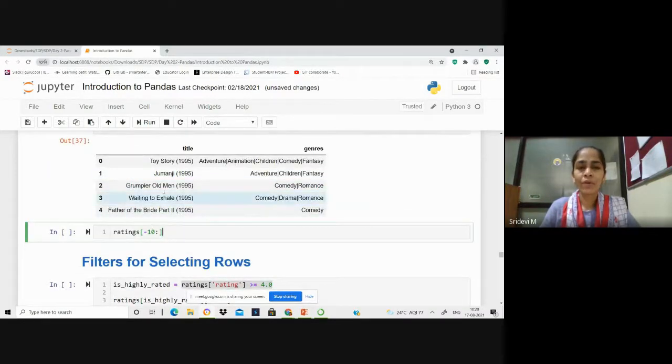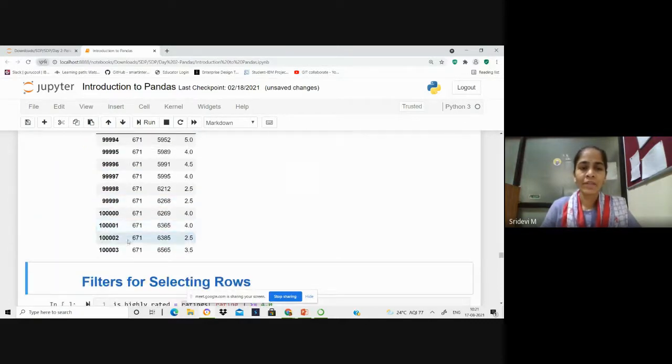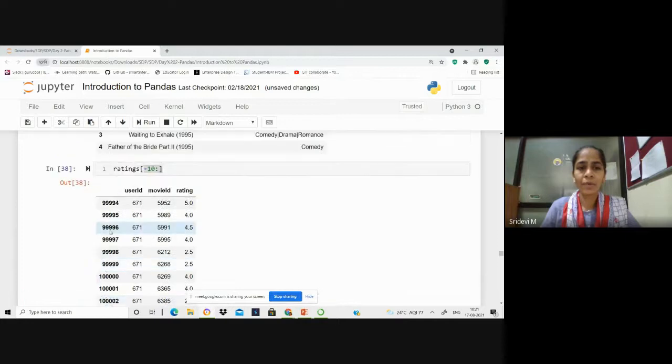Now, if you want not the first 5 data points, but the last 10 data points from the tail side, that can be given by slicing again on the ratings table. What is the slicing that we opt for? You want all the rows from the last up to 10 rows, and all the column values. That can be given in this slicing. So we can see that all the last 10 data points are extracted with all the column values in them.